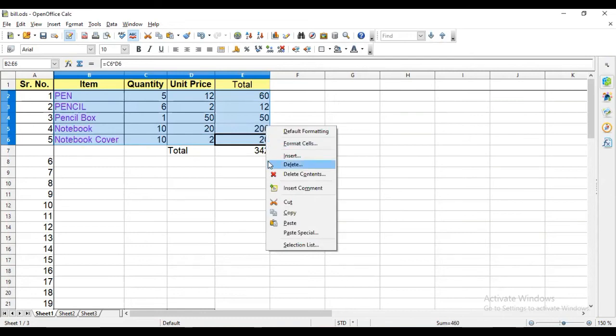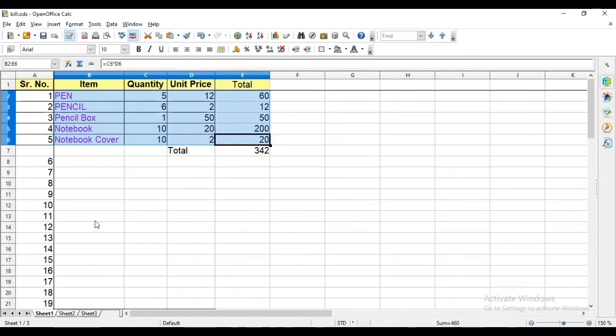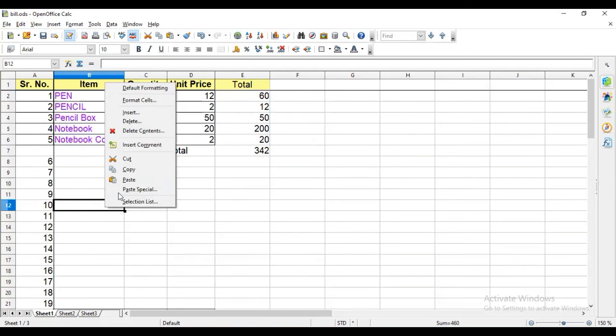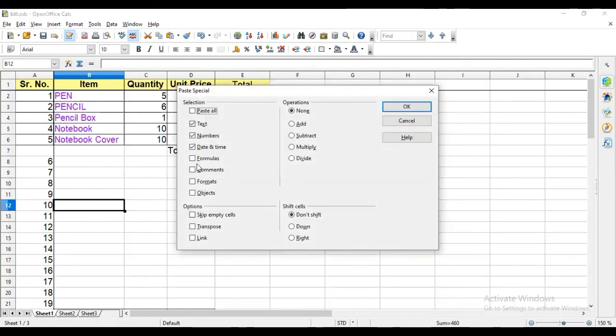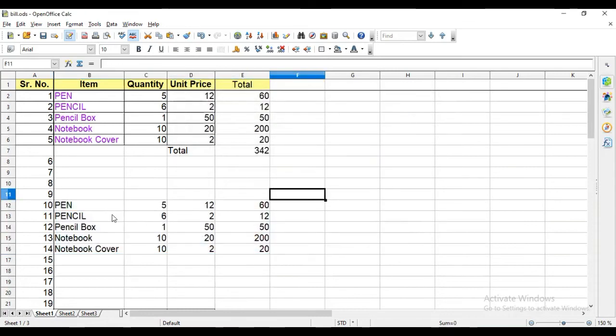I am copying this here, and now paste special, and here I am going to use first of all paste all, like this. Formats I am not selecting. Now you can see this, it comes in black color only instead of this formatted different color.